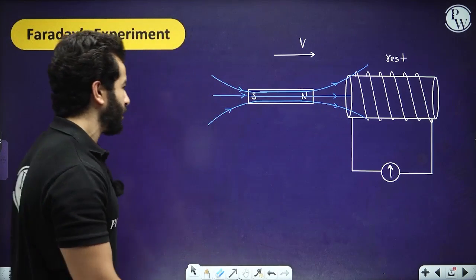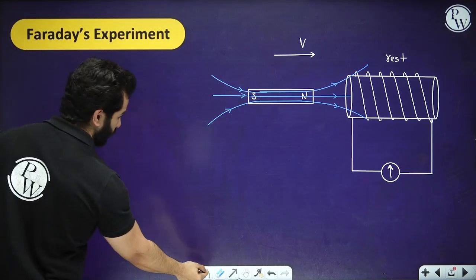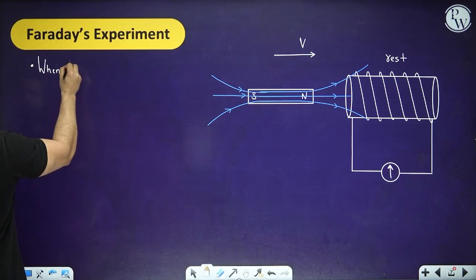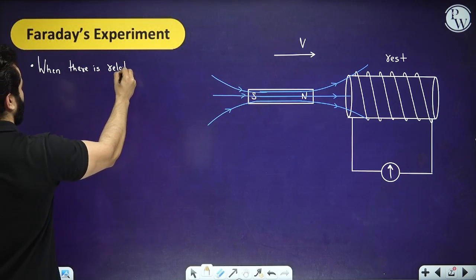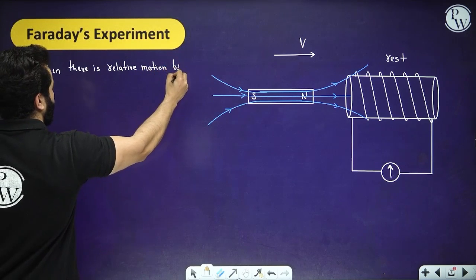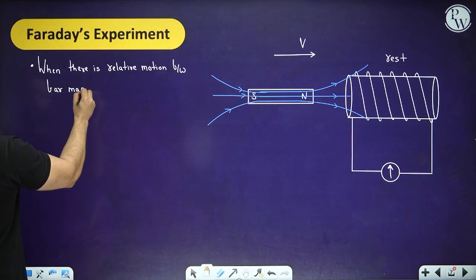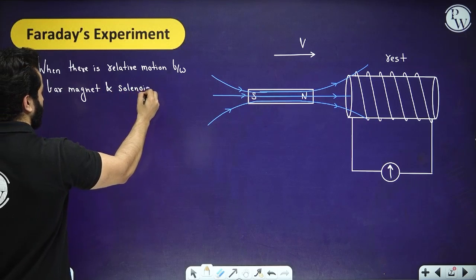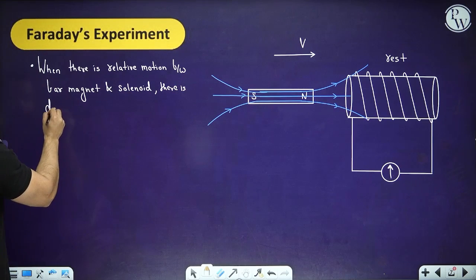there is a deflection in galvanometer, right? So the first part over here was, when there is relative motion between bar magnet and solenoid, there is deflection